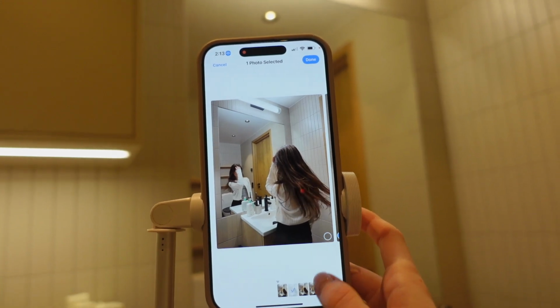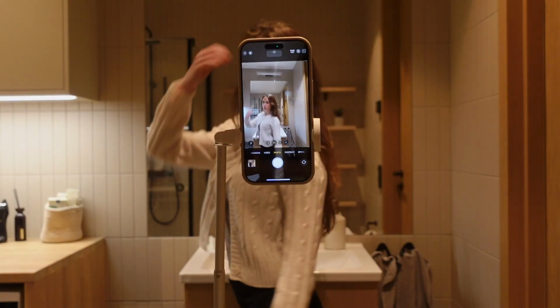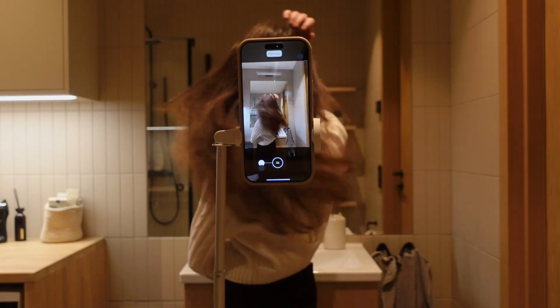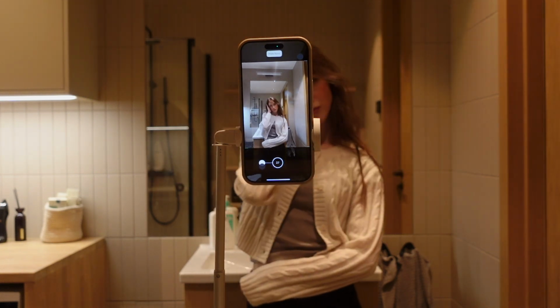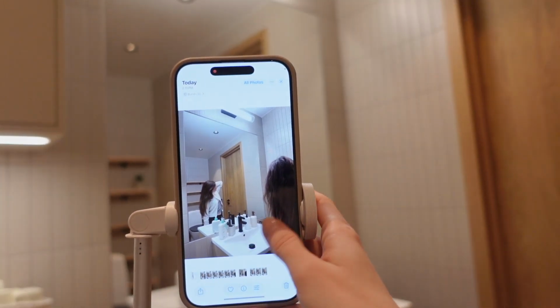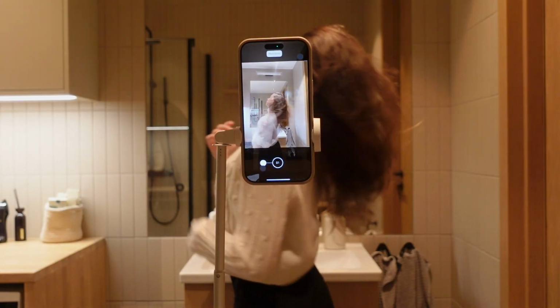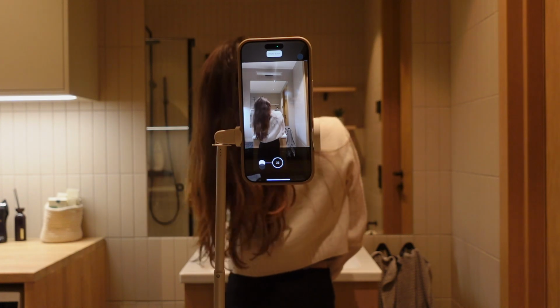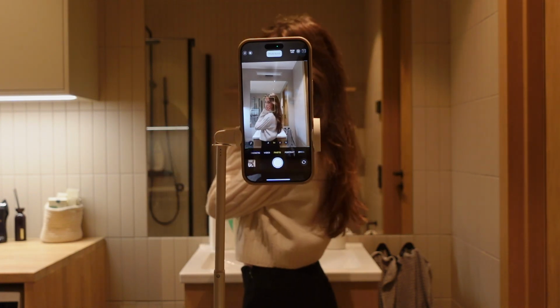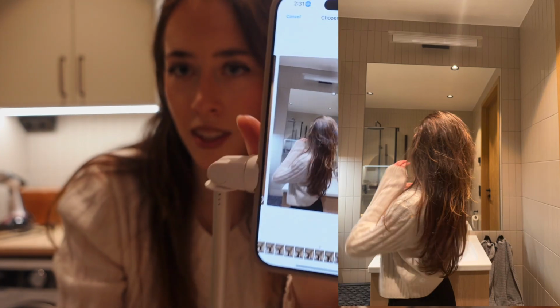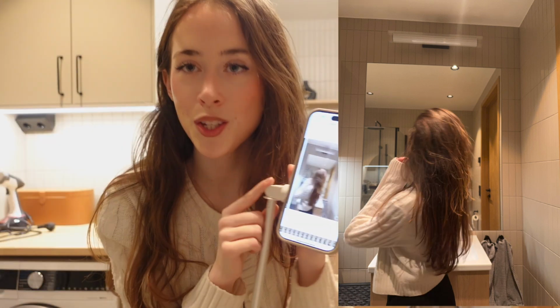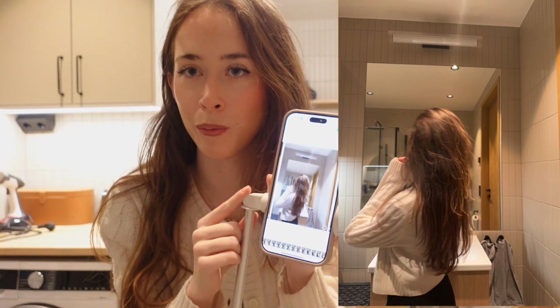The burst feature is also really useful if you take pictures of yourself. You can do a little hack where if you say a specific word, photo burst, the iPhone camera will automatically do a burst, so you don't even have to use the self timer. I mean, this really isn't a new hack, it's been around for a couple of years, but it's like a game changer when you want to take pictures of yourself instead of having to set a self timer. And what is this? This is actually a really good picture,